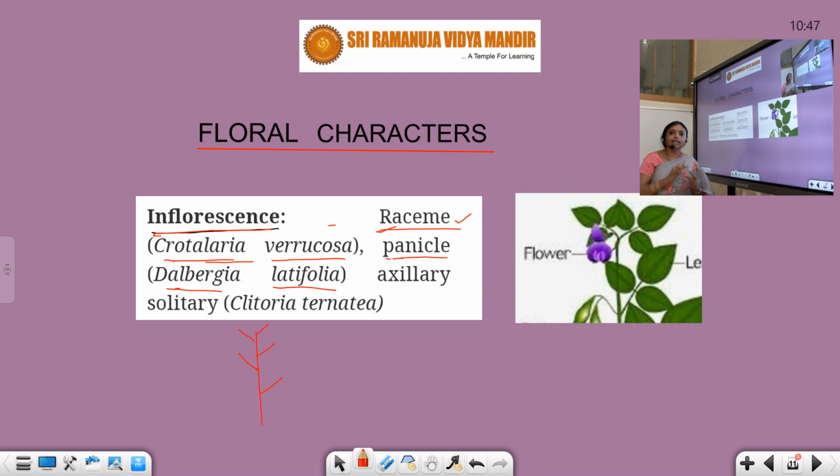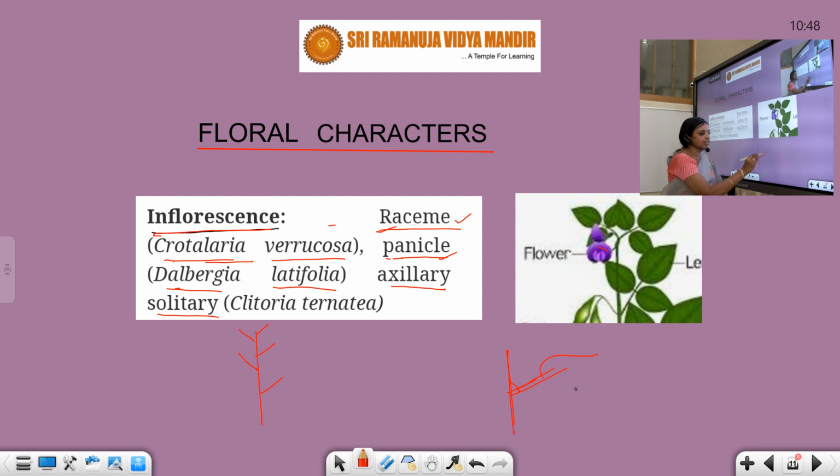So in this you see the panicle arrangement is there. And solitary, axillary. Axillary means from the axil. And what is axil? I described to you the angle between a branch and a stem, and this is the petiole of the leaf. So in between this, if a leaf is formed, or a branching or flower is formed, that is called axil. So this angle between the petiole and a branch is called axil.